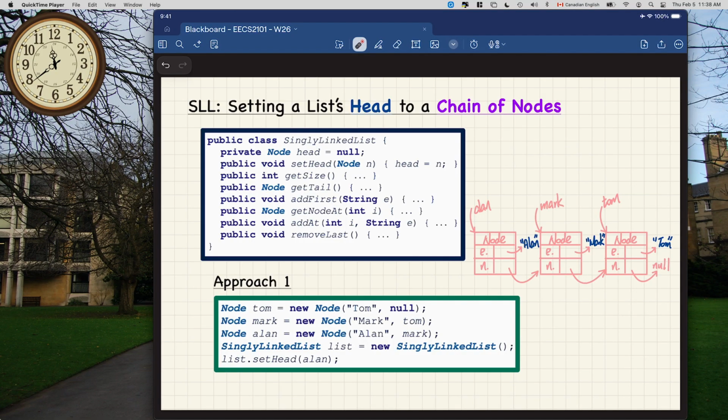Let's say you go with approach number 1. So you already created 3 nodes, and we try to set up the next references as we create the node objects right here. That's approach number 1. And then we got Alan, Mark, and Tom. Let's say this has been set up already. So now we want to build a linked list. So what we do is,